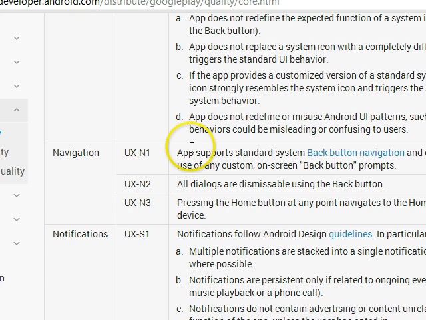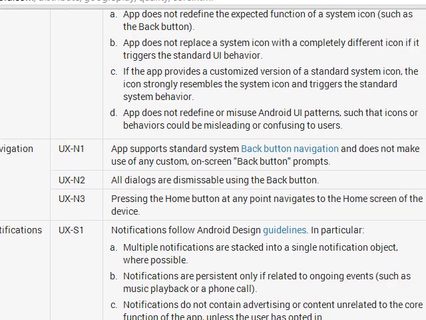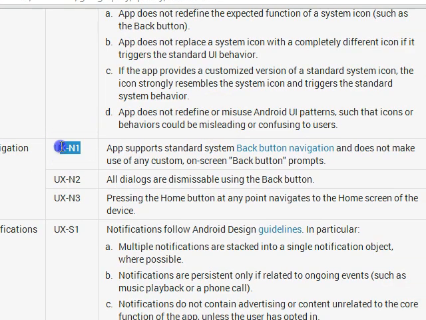Here's one that I've seen before that's been violated. Navigation UX N1: the app supports standard system back button navigation and does not make use of any custom on-screen back button prompts. When I first designed Plant Places Mobile, on the web page that shows the details of a plant,